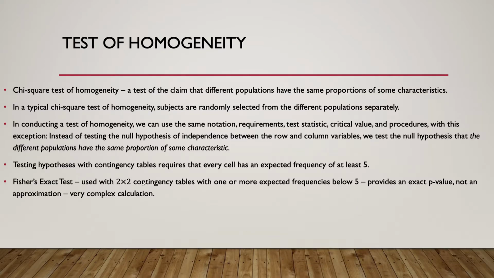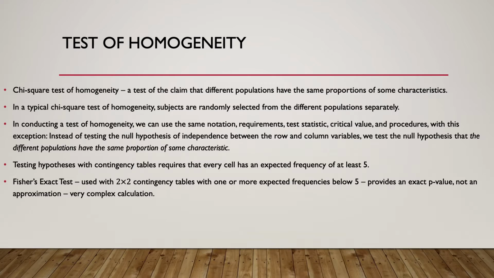And for the test of homogeneity, this is a chi-square test of homogeneity, a test of the claim that different populations have the same proportions of some characteristics. In a typical chi-square test of homogeneity, subjects are randomly selected from the different populations separately. In conducting a test of homogeneity, we can use the same notation requirements, test statistic, critical value, and procedures, with